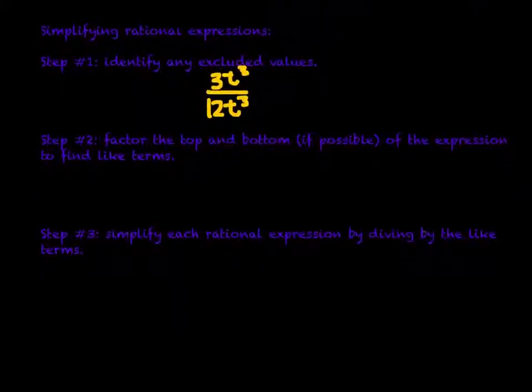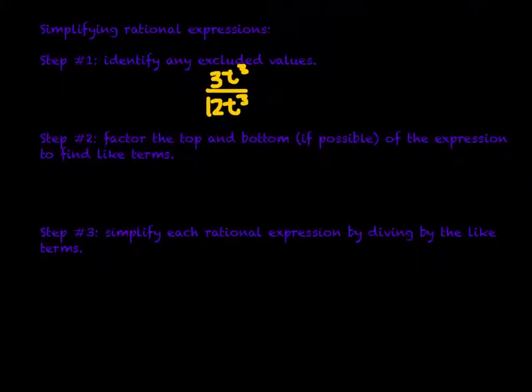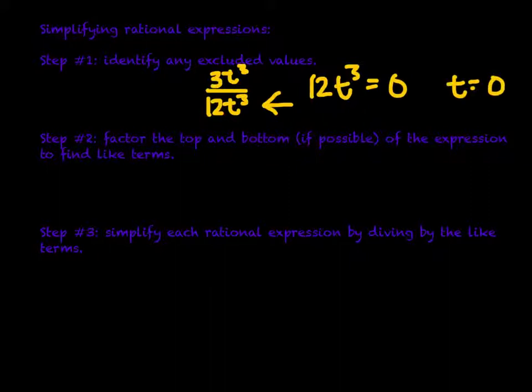Here we go. Here's our first problem, and as you can see, we have our steps there with us. So our step number 1, we need to identify any excluded values, and in that case, we're only looking at the denominator, so we have 12t to the third, and if that was equal to 0, essentially t would equal 0. So we're going to just hold this concept in our back pocket,